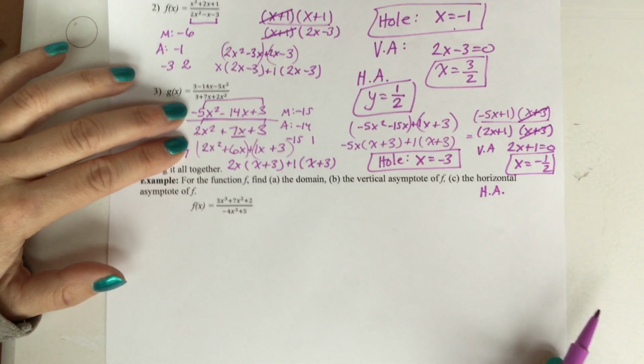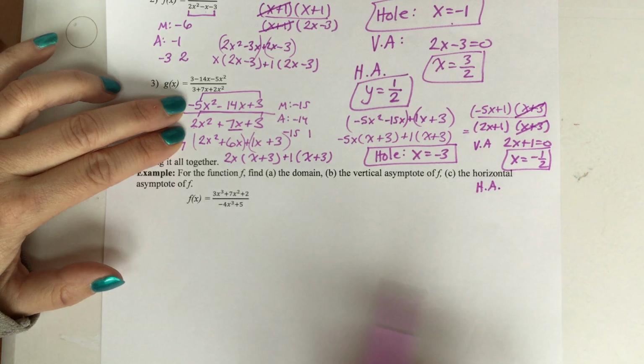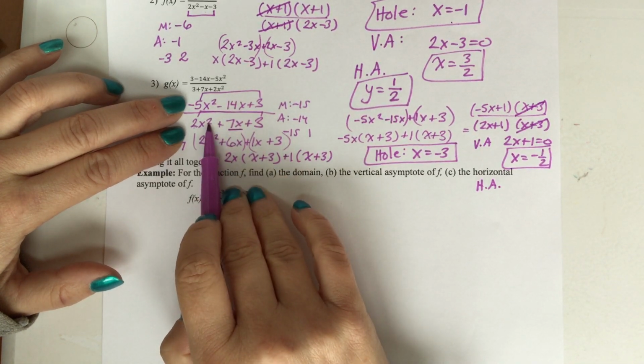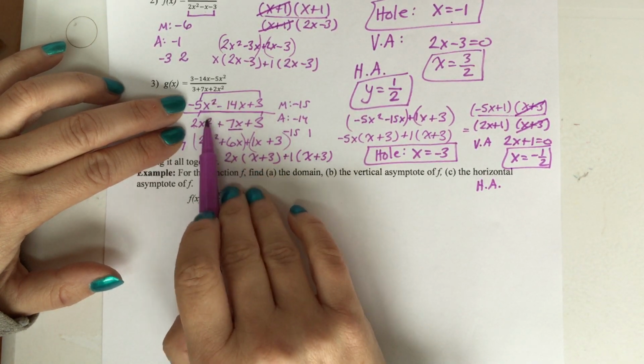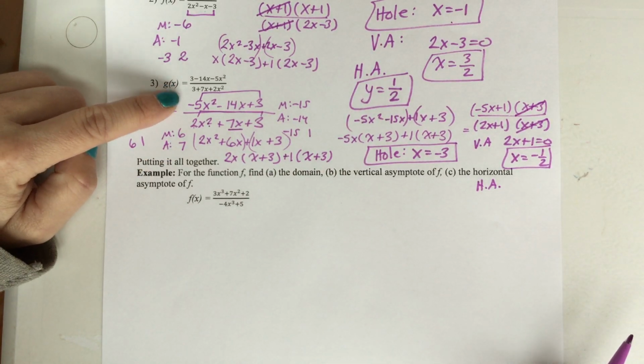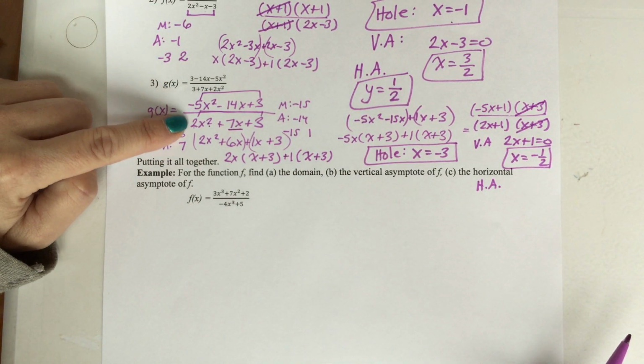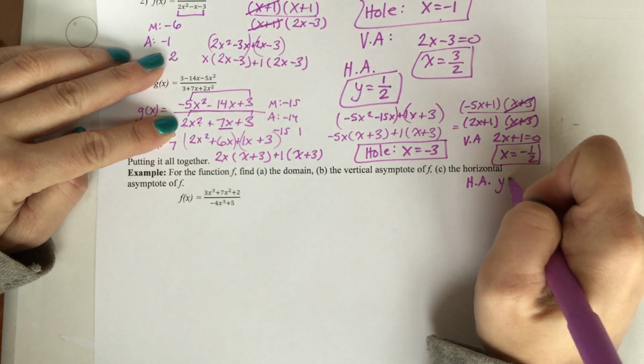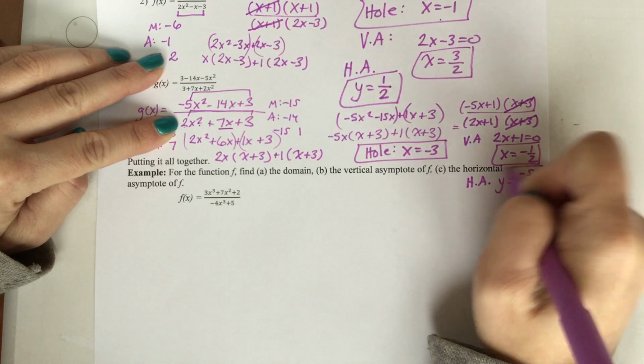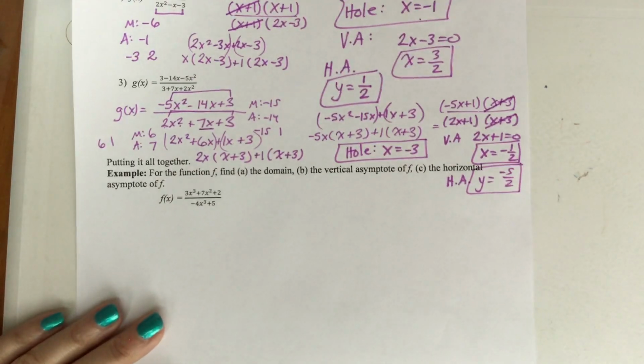Your horizontal asymptote, you go back to the beginning. I'll look at where I went ahead and put it in standard form. This has a degree of 2, this has a degree of 2. So I do have a horizontal asymptote. It's where you take the top leading coefficient divided by the bottom. So y equals negative 5/2. We found the hole, the vertical asymptote,